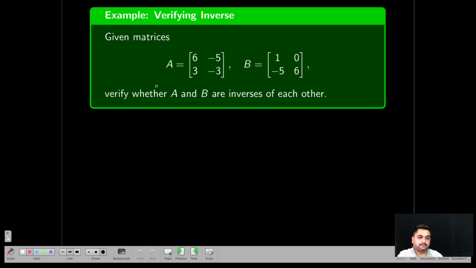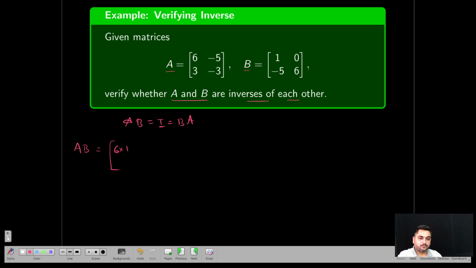What is the condition? They are given two matrices, and they want to check whether A and B are inverses of each other. They are saying that given A, B is the inverse of it, or given B, A is the inverse of it. What is the condition? AB should be equal to I, that should be equal to B into A. So now we find the product of the matrices AB. So this will be